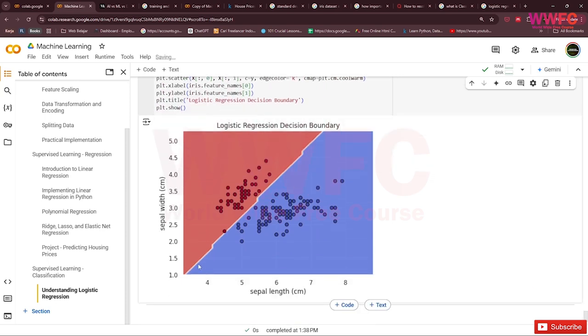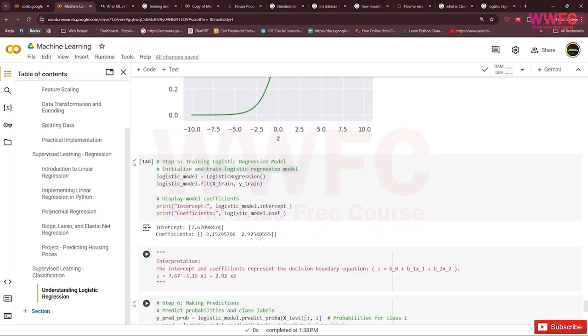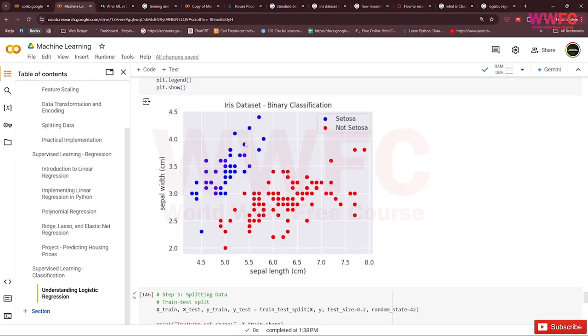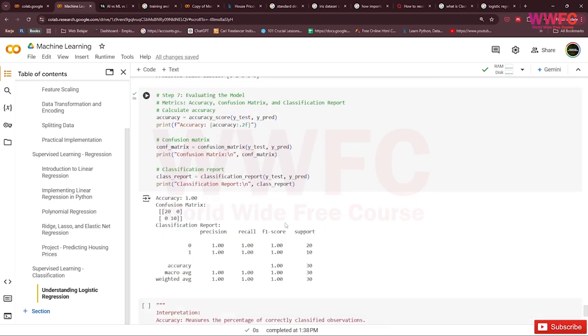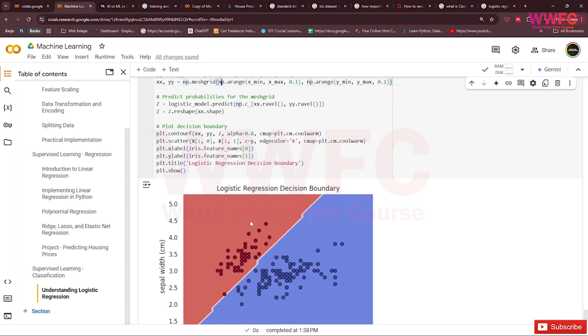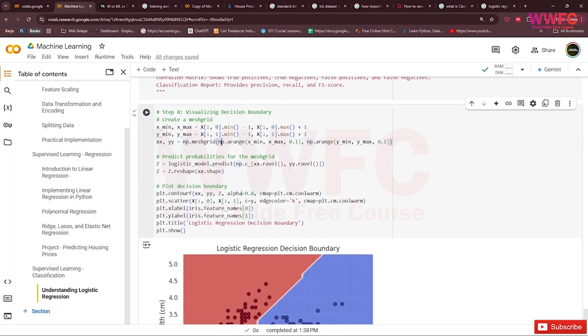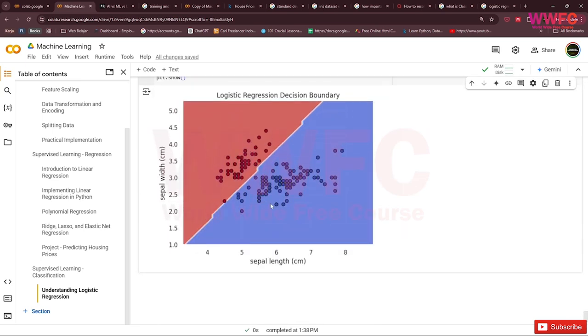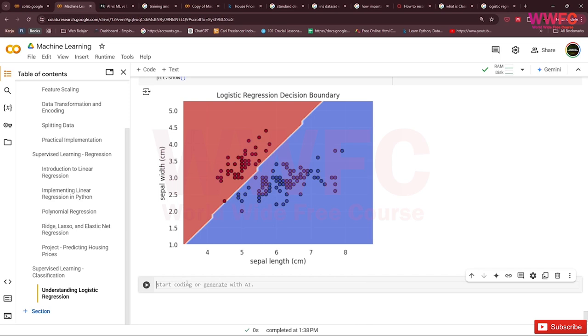So this is the boundary where the setosa, like this, right? So we go in here, this is setosa and this is not setosa, and they make a perfect boundary. In here this is setosa and this is not setosa, right? So it's a good example to check the decision boundaries.